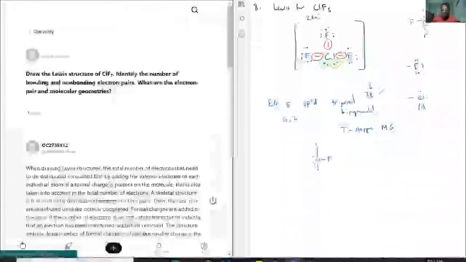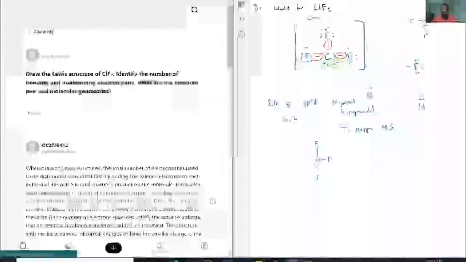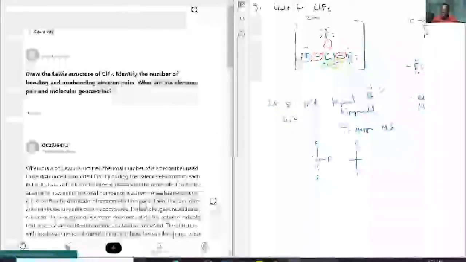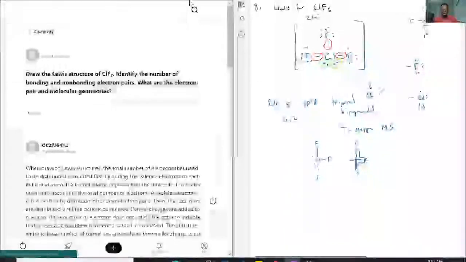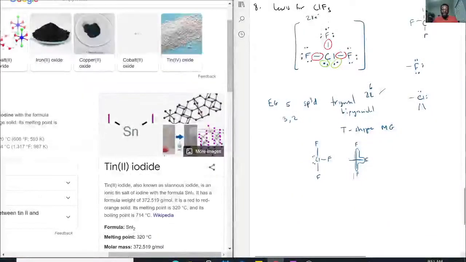Theoretically, this would be the best structure for it. So if we looked at it on a plane, this is the x-axis, this is the y. The electrons and the fluorine would be on this x-axis, and then the 2 fluorines will stick out on the y-axis. So that's how we have this T-shape. Okay? That is what I believe, and we're going to double check here in regards to the VSEPR theory